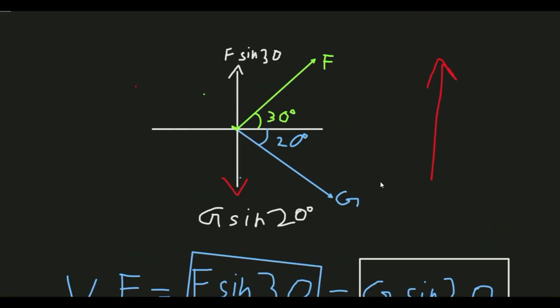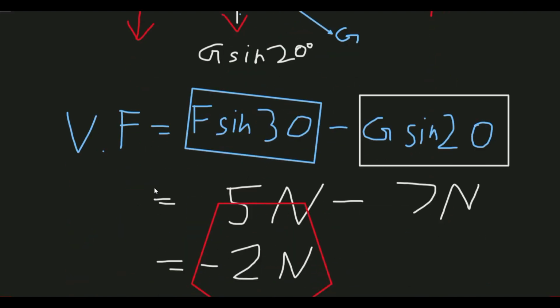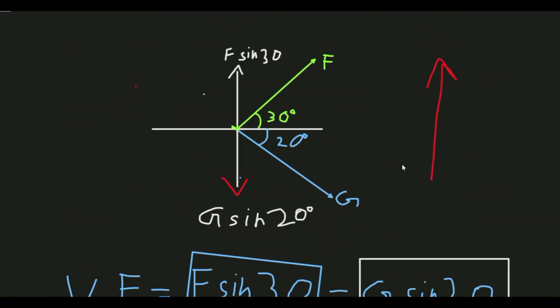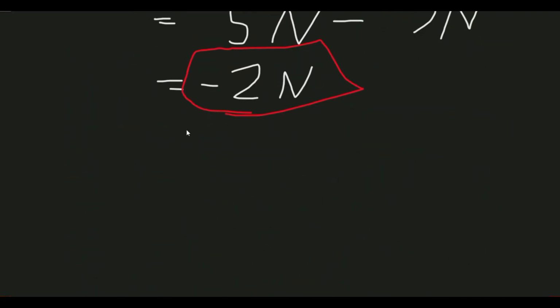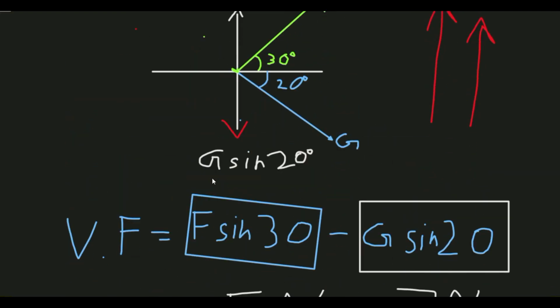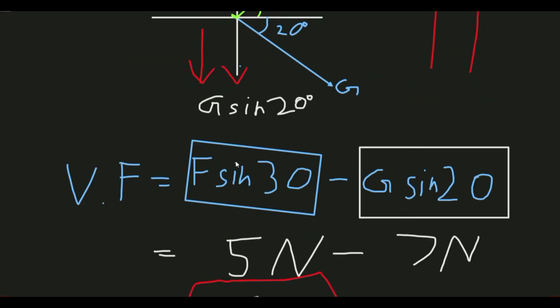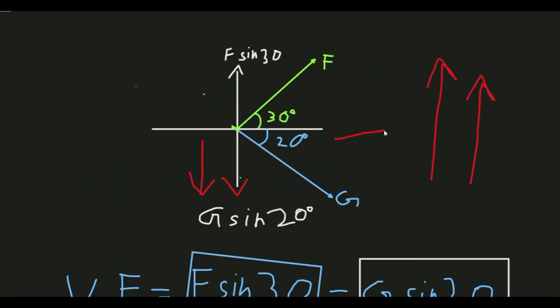What it means is that the resultant force is acting downwards. Because you thought that the upper direction is positive, and you have minus 2 Newton as the total of this vertical force, it means that the resultant force is acting downwards. As simple as that. And then you can find the horizontal components, and